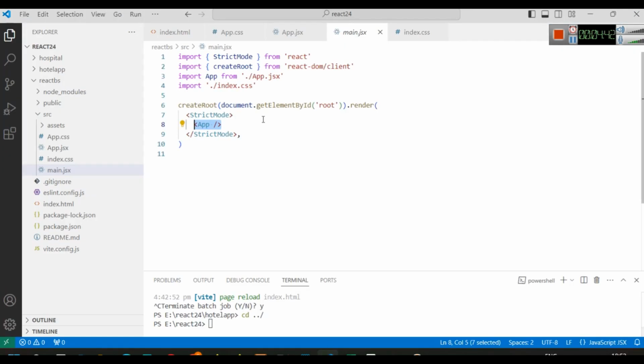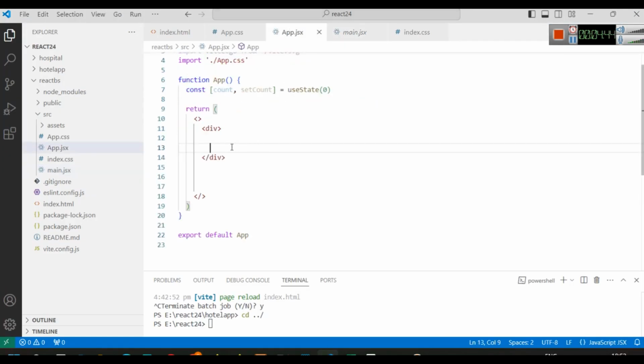Now let's go to Bootstrap. You can see currently everything is empty because we have not written anything. So if you go to your app.jsx and write anything, by the way, these things that we are discussing right now,